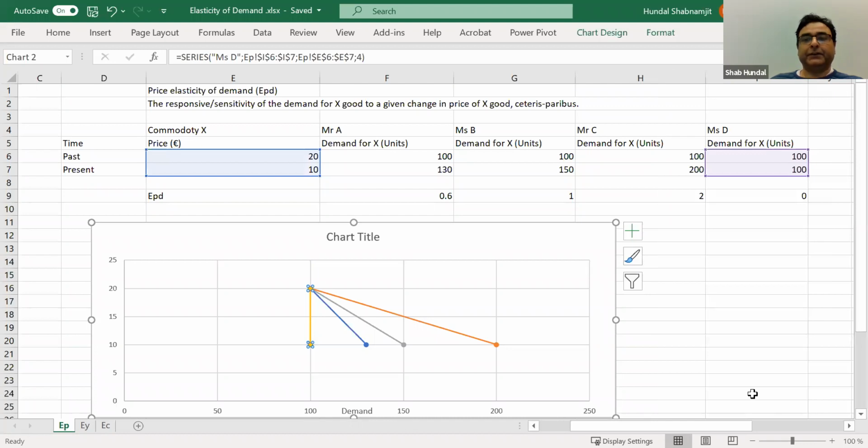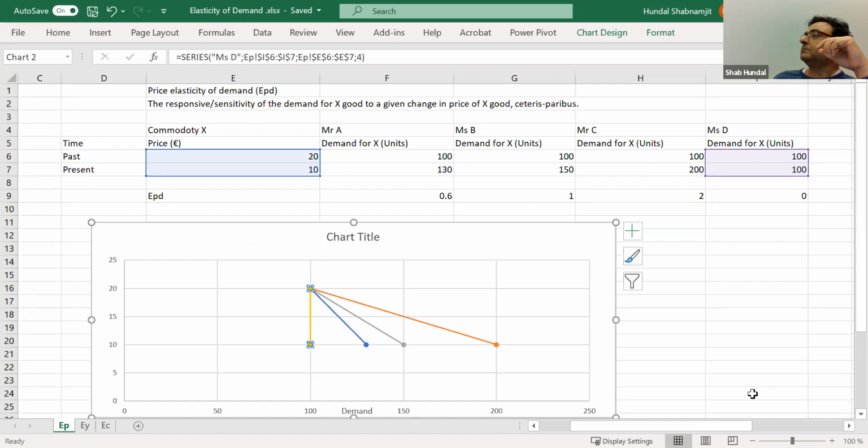So you can see that the yellow line reaction is between the price of commodity X and the demand by Miss D. And you can see that here, the demand is perfectly inelastic. So it means that out of all these consumers, because we are different humans, remember the role of behavior, the role of psychological aspect is very important in economics. Not all the consumers are homogeneous. Not all the consumers react in the same way. We react differently. And you can see that the most reactive consumer is Mr. C, and the most non-reactive consumer is Miss D.